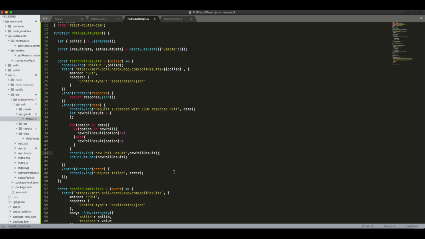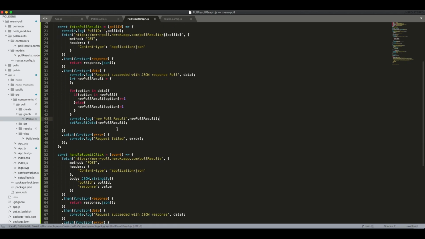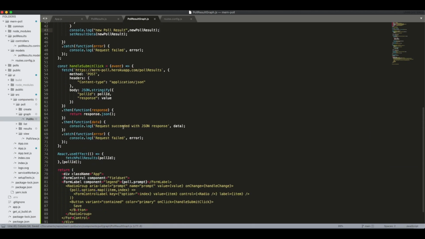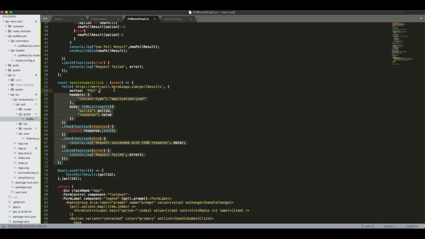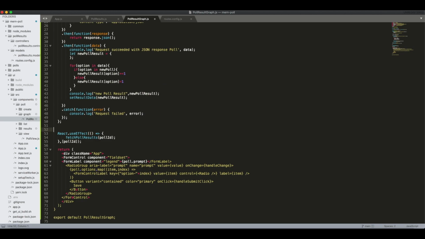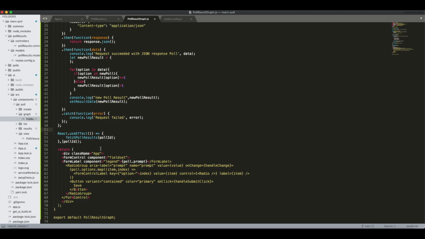Okay, so on loading our component, that is what will happen. We don't need this handle submit click. Alright,